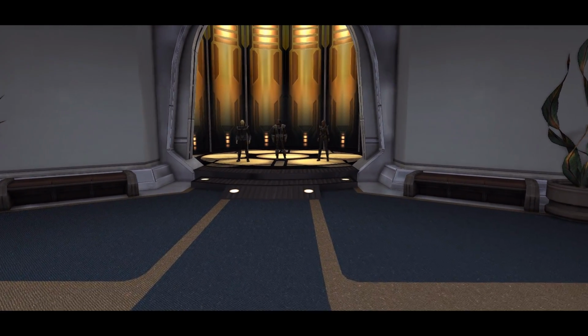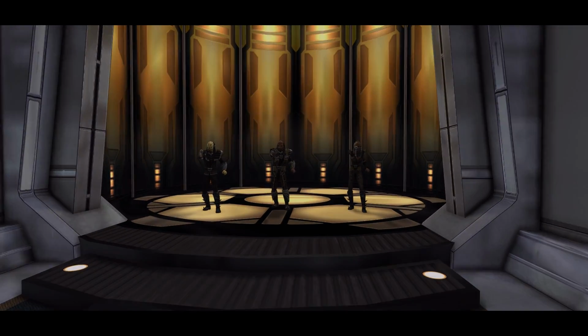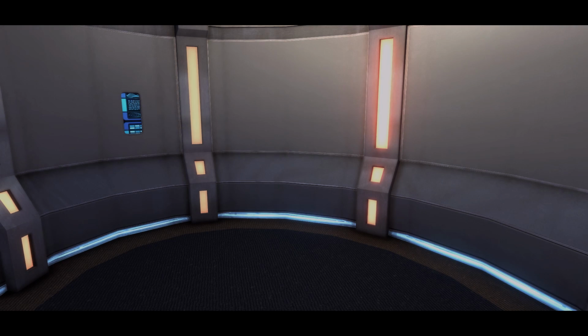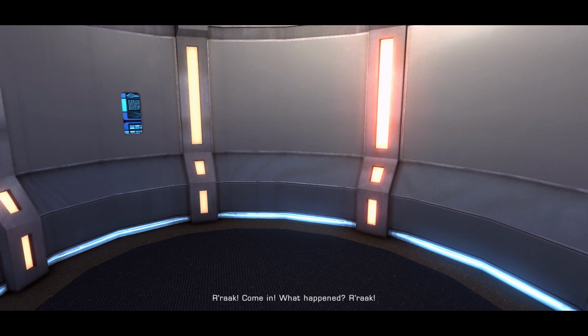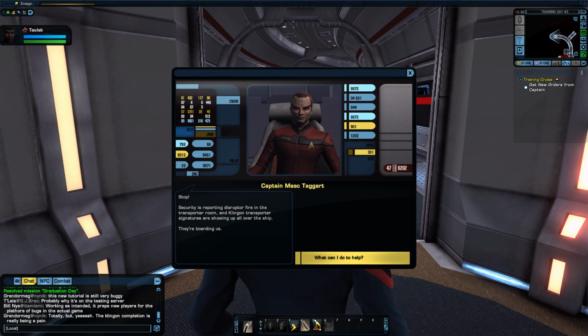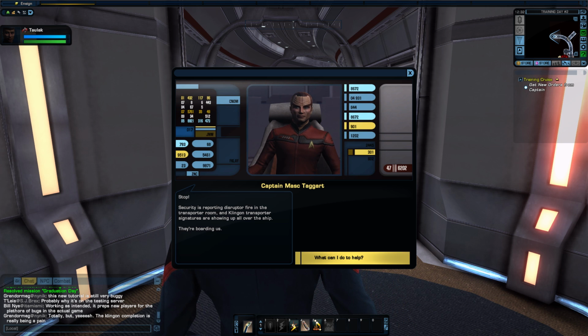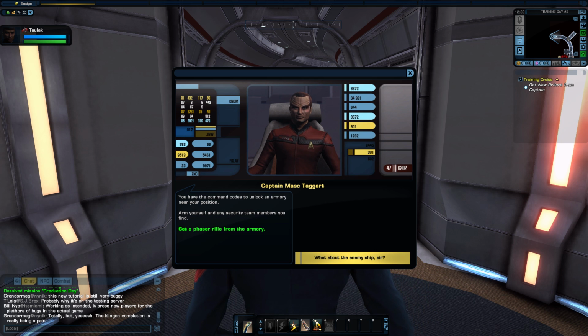Oh dear. Well, that explains why it was audio only. Also, why have the two guys on the sides popped hand phasers rather than disruptors? So it's all gone horribly wrong, and we have our first dead body by the looks of it, and I apparently have a personal cloaking device. Okay, security is reporting disruptor fire in the transport room. Yes, we'd noticed. And we're being boarded. Yay, it was a trap. So...